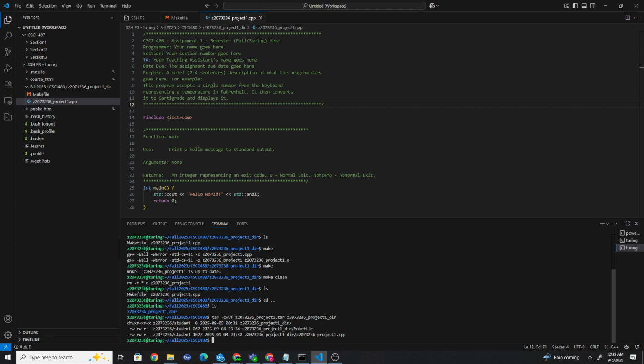This first part will tell you the permissions for the file or directory, the user, in other words, the creator or owner of the file, the group the file belongs to, which is student, the number of bytes, so the size of the file in bytes, the date it was created, and the time it was created. And then it will give you the path of the file